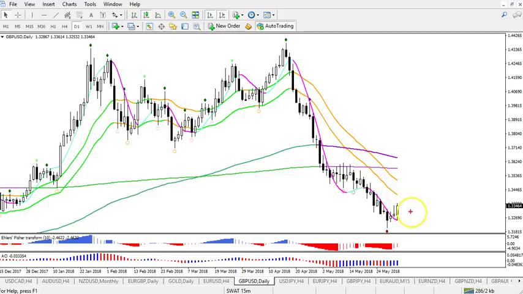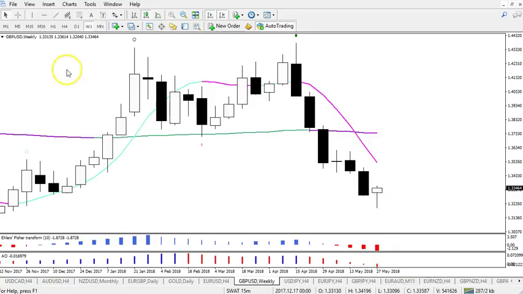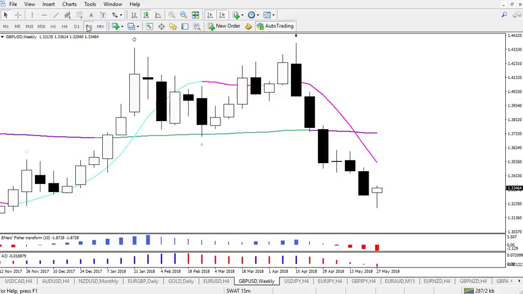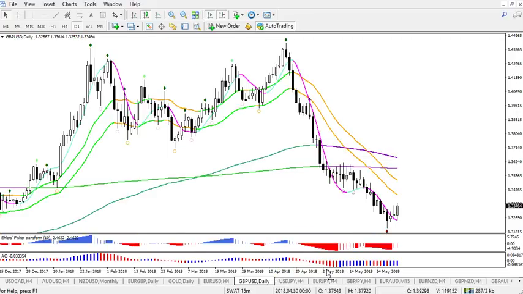And on the daily chart, you can see a bullish daily candle. You can see on the weekly candlestick formation a bullish candle. Monthly, still bearish. So all in all, the trend is still down. But I think we could see a retracement on the pound dollar for the moment. So probably, if anything, it could be a wave 4. A wave 4 maybe of this swing, for instance,